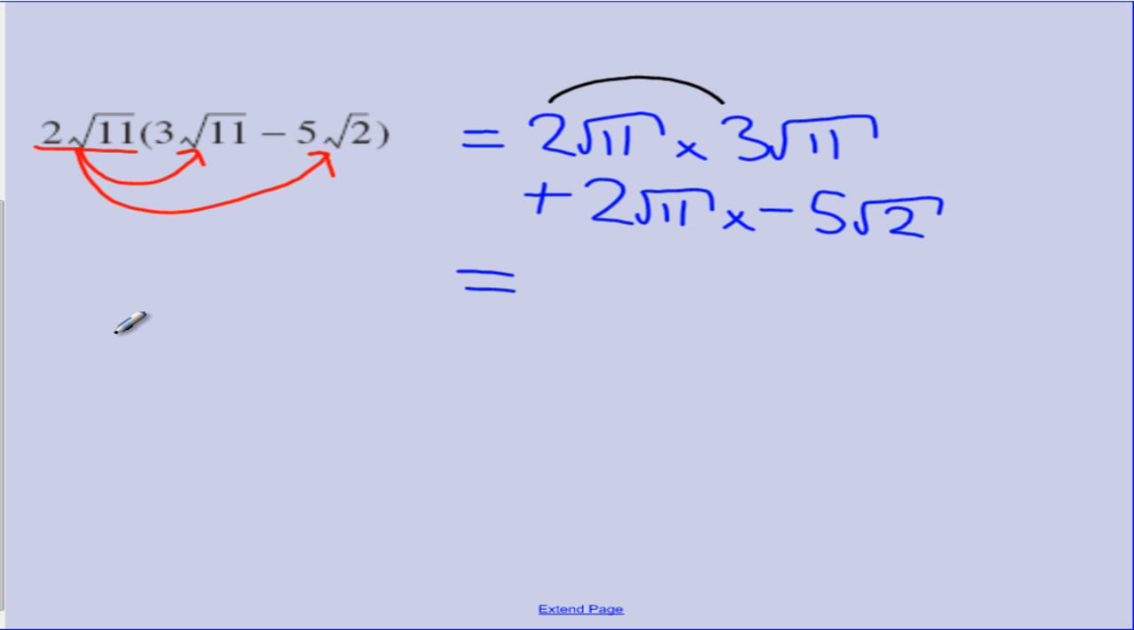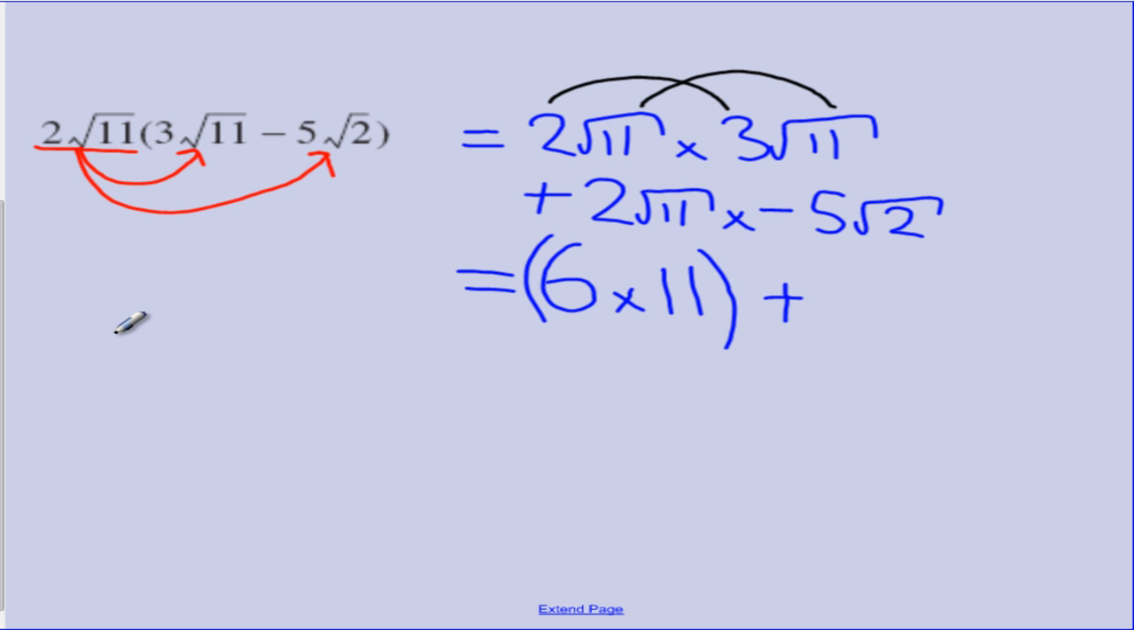Whole number by whole number. 2 times 3 gives us 6. Surd by surd. The square root of 11 times the square root of 11. Now, this is kind of like saying the square root of 11 squared. It's been multiplied by itself. And remember, those are the opposite operation of each other. So that becomes just an 11. So we've got 6 times 11